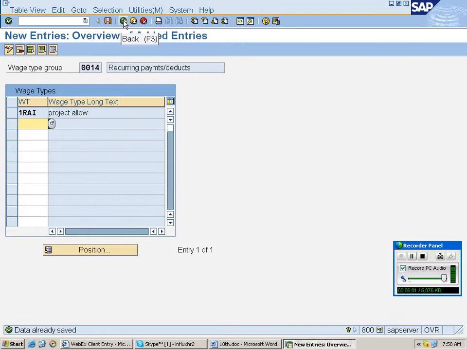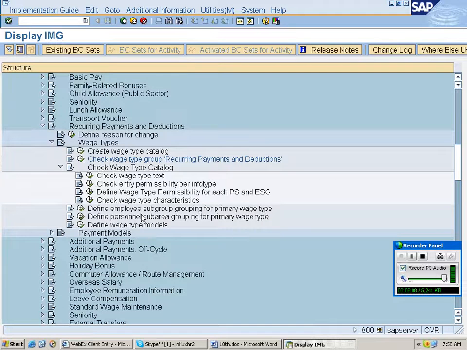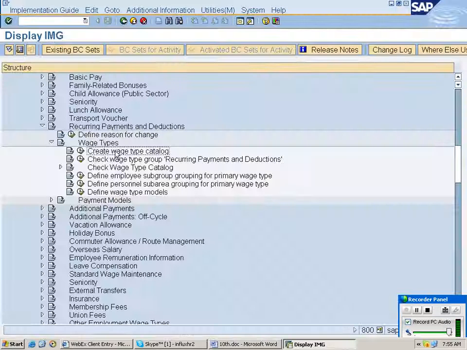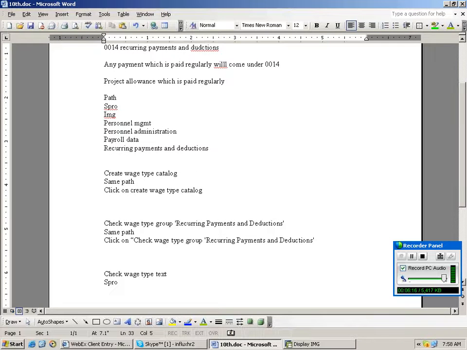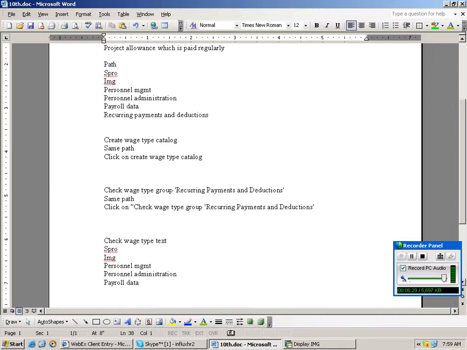Let's come back. Are you clear? Okay. Now expand check wage type catalog, check wage type text. Should I write the path? SPRO, IMG, personal management, personal administration, payroll data, and recurring payments and deductions,